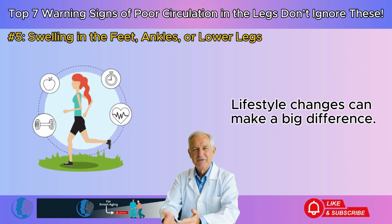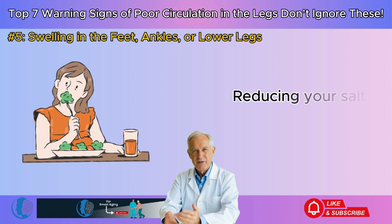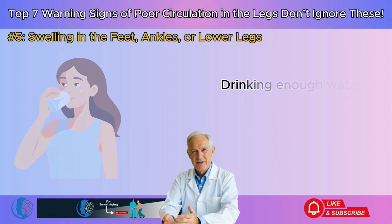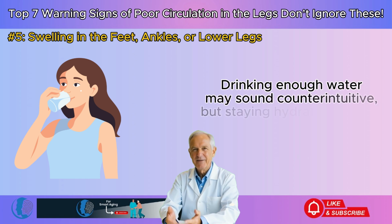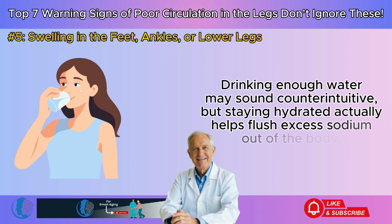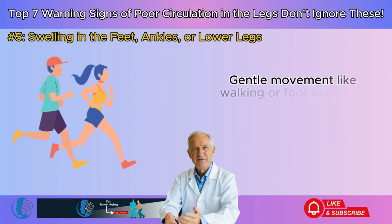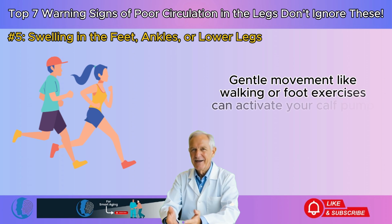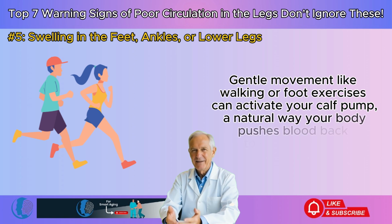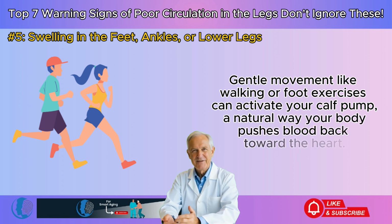Lifestyle changes can make a big difference. Reducing your salt intake helps limit water retention. Drinking enough water may sound counterintuitive, but staying hydrated actually helps flush excess sodium out of the body. Gentle movement like walking or foot exercises can activate your calf pump, a natural way your body pushes blood back